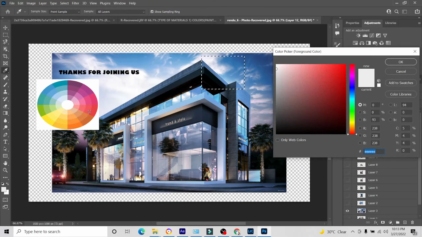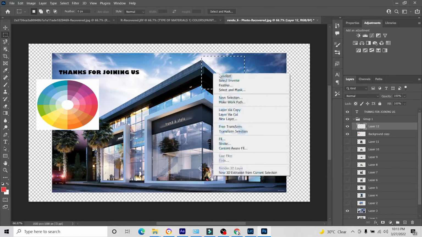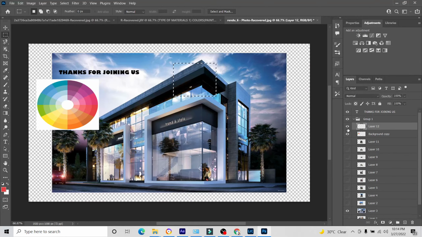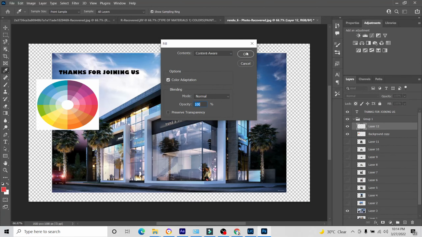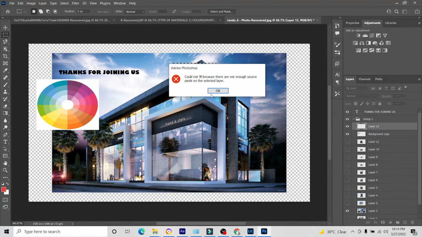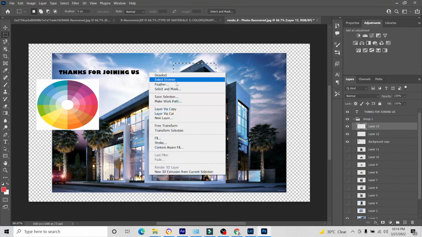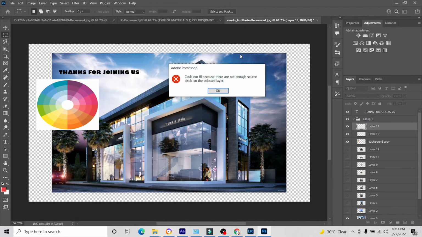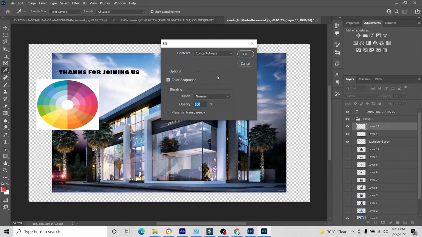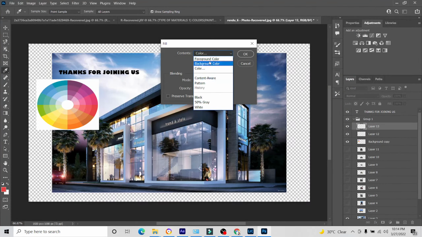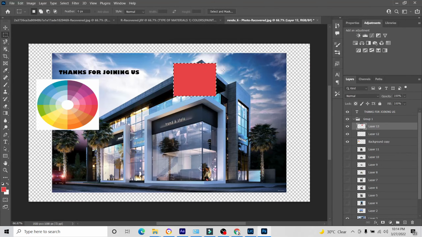So, if I'm picking, if I want to make use of red color, what is wrong? Okay,